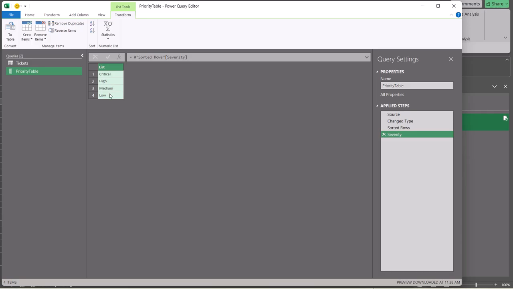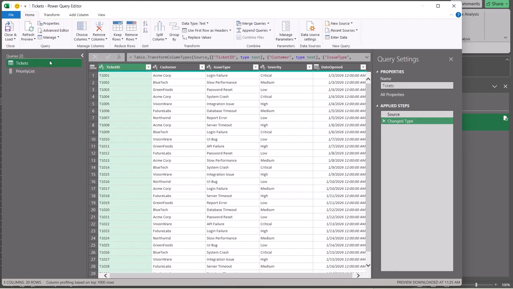But what you'll see in a second, we want to be able to utilize critical as 1, high as 2, and so forth. So let's first go on to the next step, and we converted this to a list. Now we want to rename this to priority list. And now let's go back to the tickets query over here, select that, and we want to add a